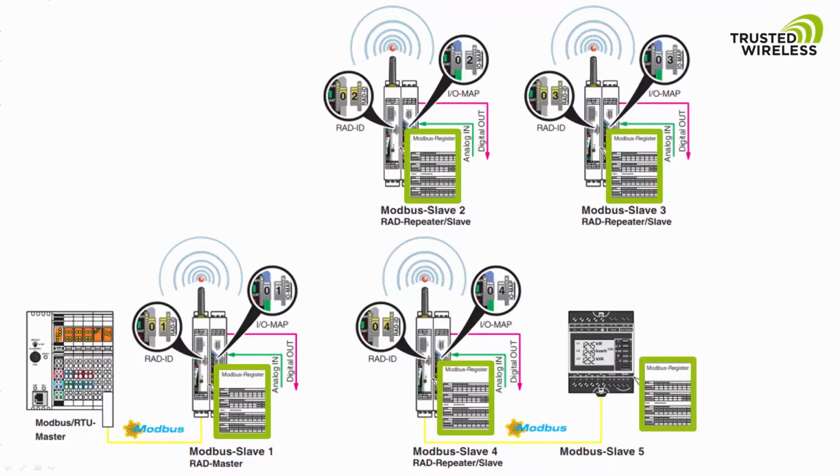Since each wireless station acts as a separate Modbus slave, I/O map addresses can be repeated from slave to slave because they store their process data in the local Modbus tables of the Radioline Modbus slaves. Because of this, in comparison to PLC mode, more than 99 I/O modules per Radioline network can be addressed.